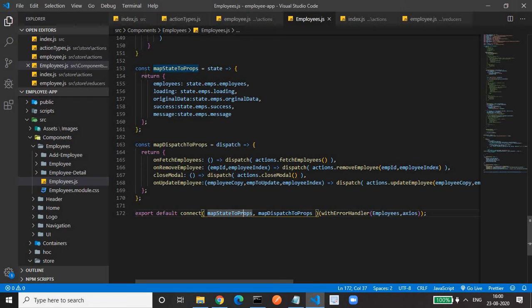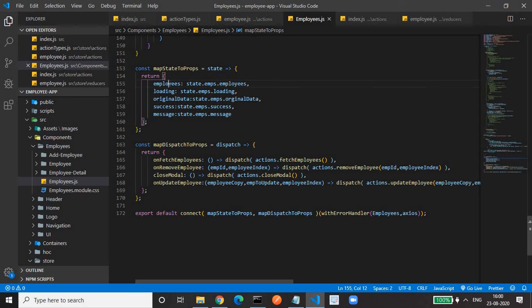So here we have created a constant mapStateToProps equal to a function that receives an argument, state. Here we are returning the data that we need in our application.